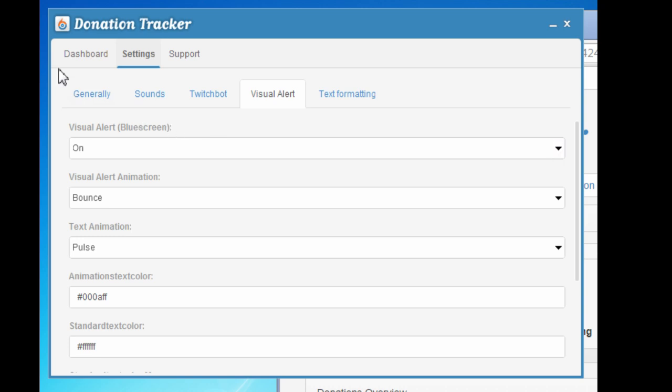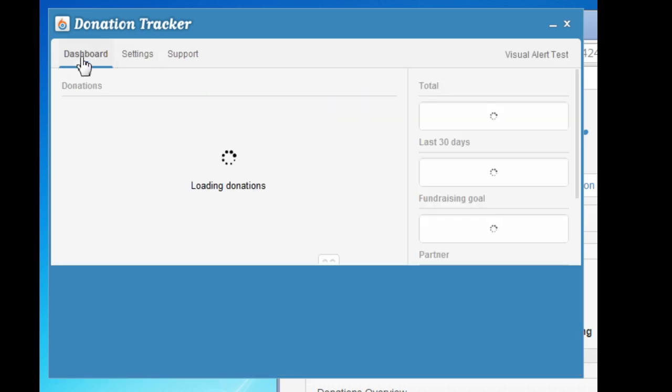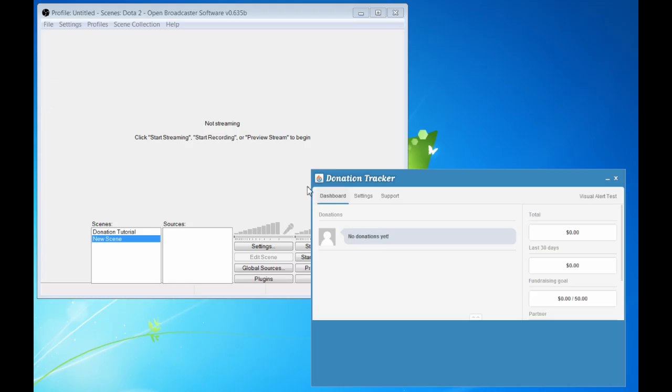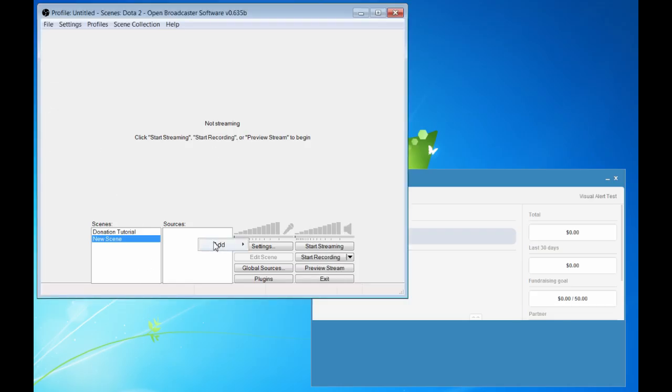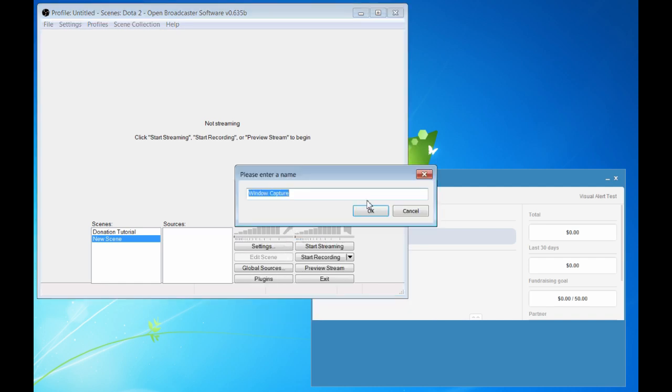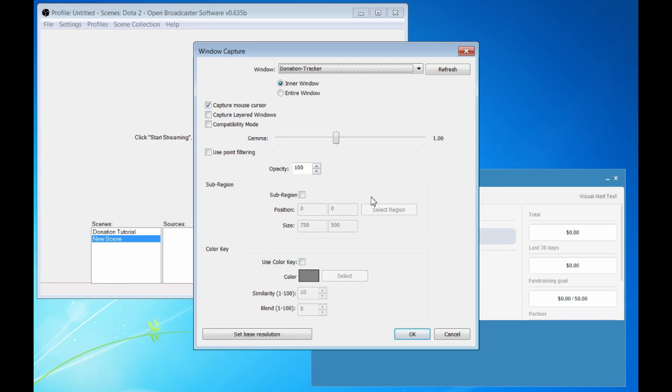Once you've enabled it on your dashboard, you'll notice you'll have a blue screen at the bottom. Here's where you need to go to your Open Broadcaster software and set it up. Simply click Window Capture inside a scene. I'm going to name it Donation Blue Screen. Make sure you select the right window, select Inner Window, deselect Mouse Cursor Capture,